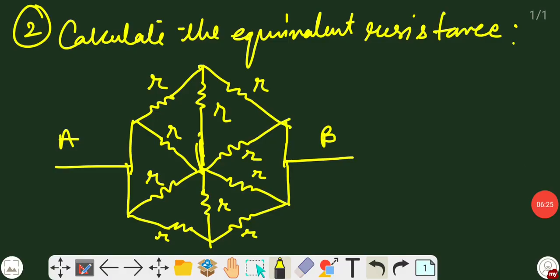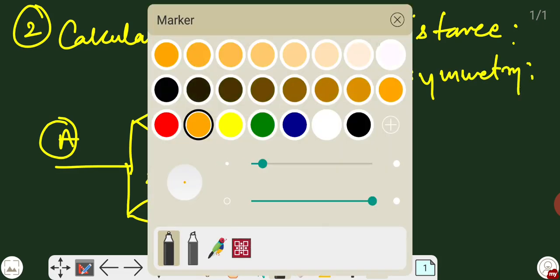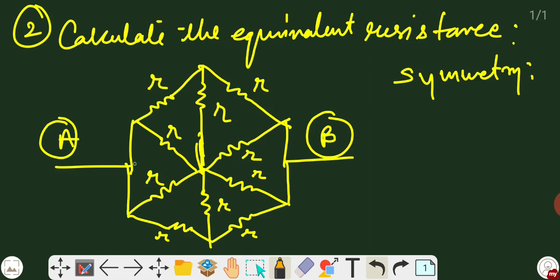So yeah, the second question is in front of you. The question is that we have to find the equivalent resistance, and the points given to you are A and B. So first of all, the first point is to determine the symmetry. Across A and B, I am just drawing this horizontal plane symmetry, that is HPS, and we can see it as a folding symmetry also.